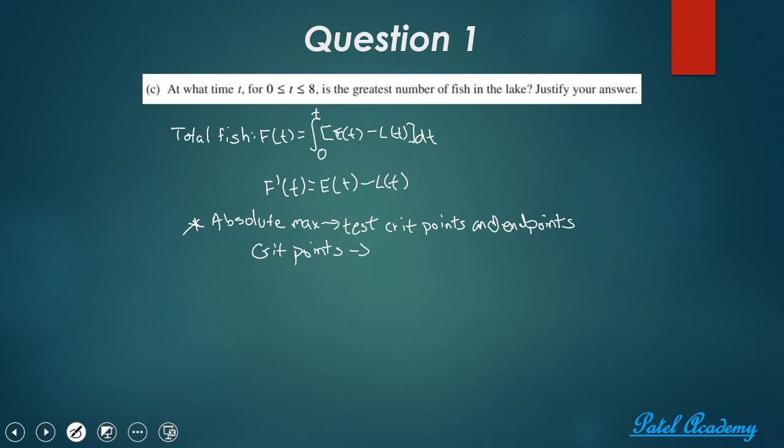And so when I do that, when I set E of t minus L of t equal to 0, I get my critical point as being 6.204. That's equal to t. And so then what I like to do is I like to do a little chart. It makes it really easy